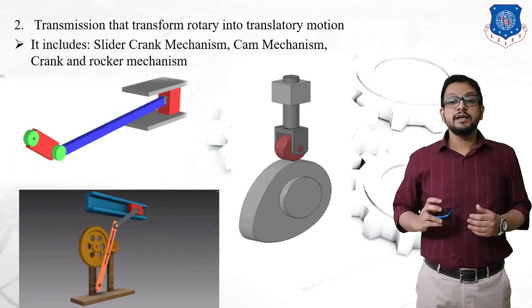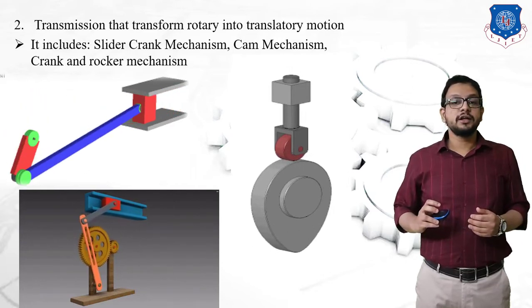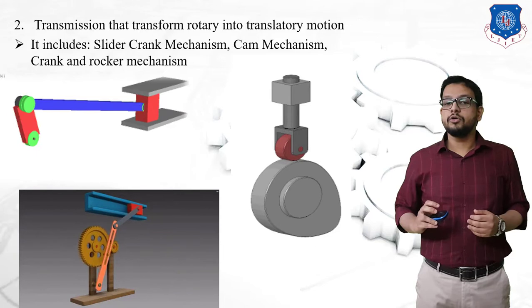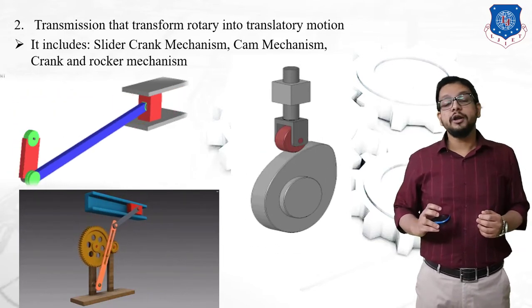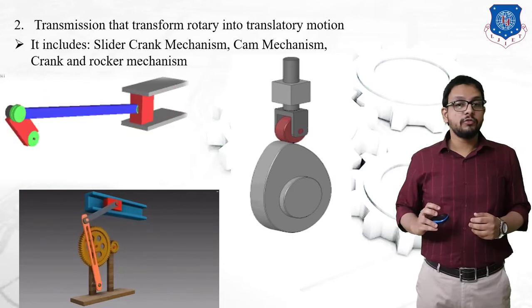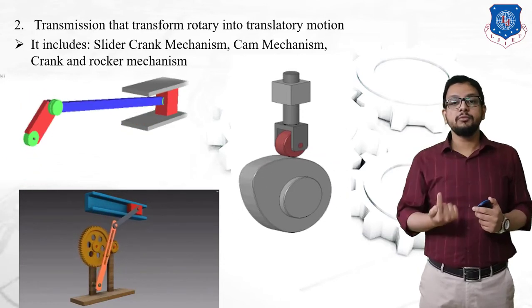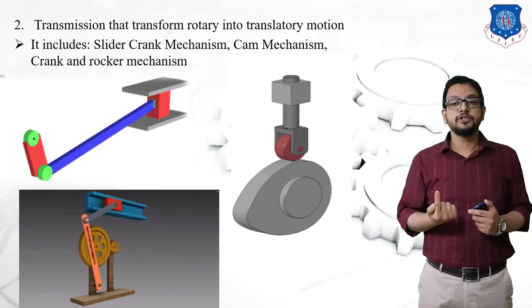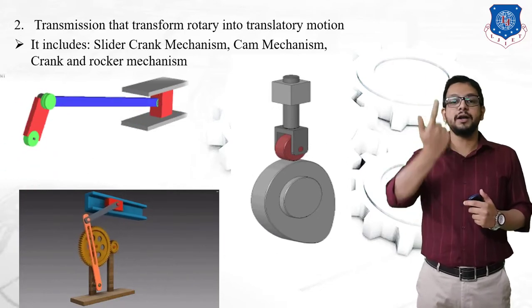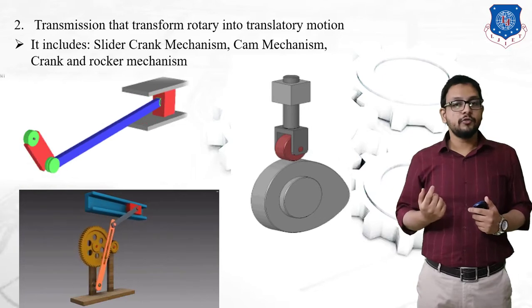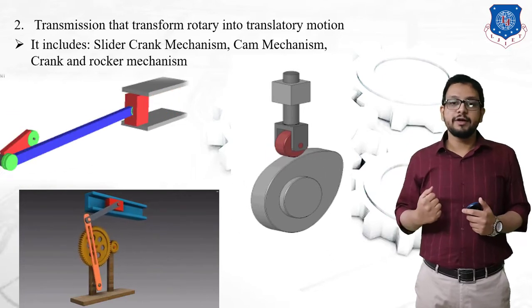Next is the cam and follower mechanism, in which you can clearly see that the electric motor is connected with a cam shaft, and the pointed portion of the cam will strike the follower. So the follower is going to perform a vertical motion, but under a constraint, which means it can only move in a specific direction, up and down. So it is obvious that rotary motion is converted into translatory motion.